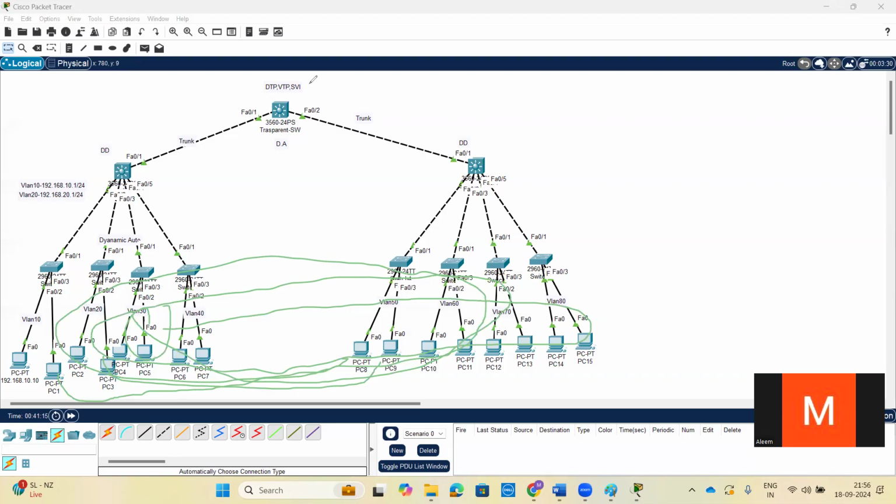You have to make reachability possible on the basis of SVI only. Make sure you enable IP routing also. If you are not enabling IP routing, it won't work. By default, it's an L2 device. By default, the switch is L2 and will be acting as L2. So for that, you have to enable the IP routing command. Then only it will work. Otherwise, it won't work. So apart from that,